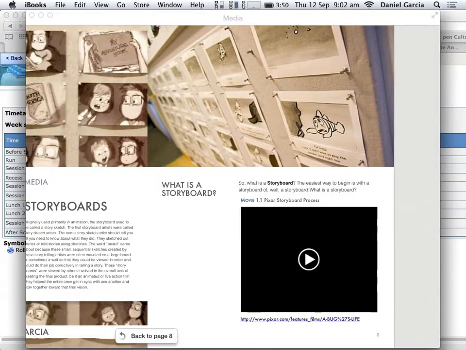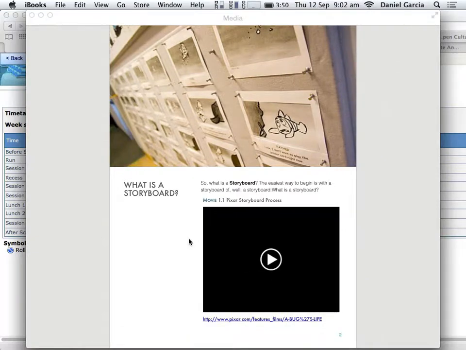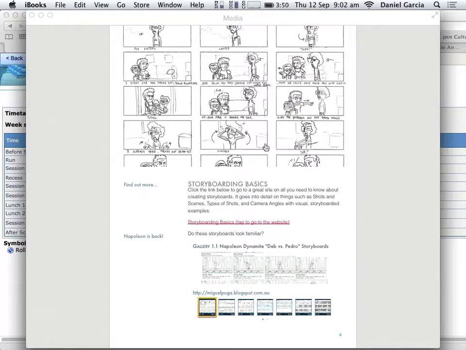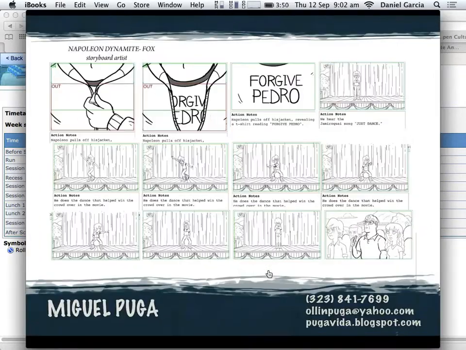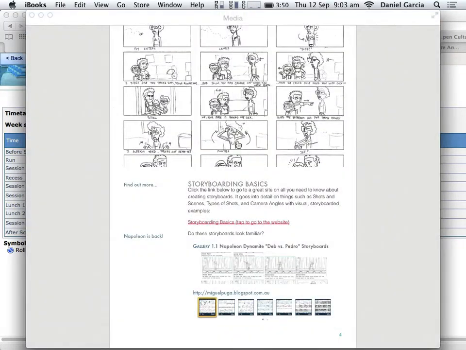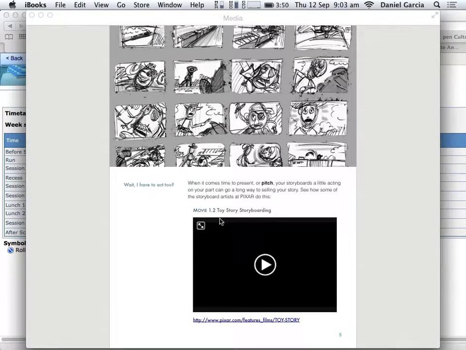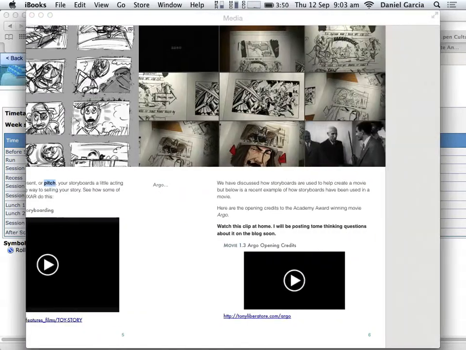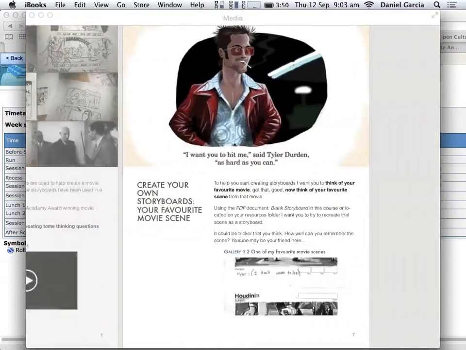All right, let's move across this sucker. We looked at what a storyboard was. We watched this video. It was very good. We talked about that in words, okay? We talked about why you need to make a storyboard. We showed you some examples of storyboards. We used Napoleon Dynamite as an example because we watched that movie. Then I showed you the Toy Story storyboarding idea because you will need to pitch these storyboards, okay? When we come back, if we haven't all done it by the end of the term, but first day back, we'll be pitching these storyboards to everybody, including me, okay? So we need to have that sorted. You know that. All right, Argo wasn't there just because I thought it was cool.